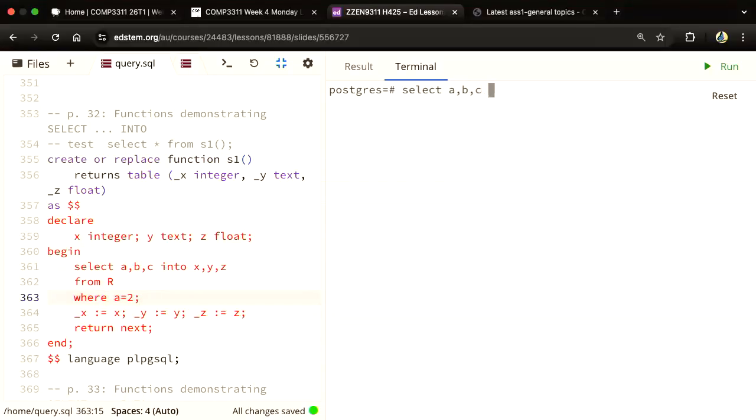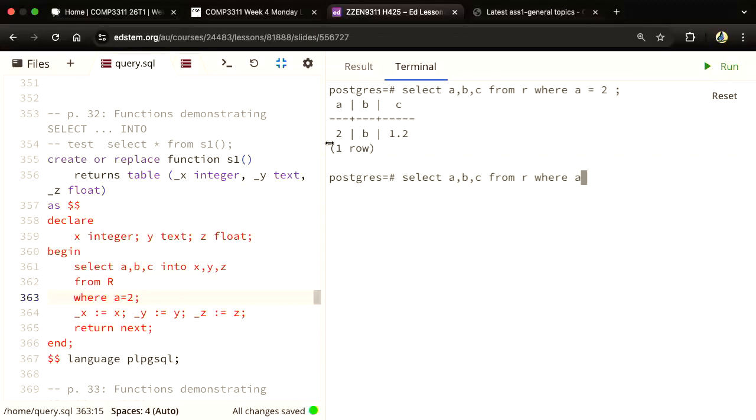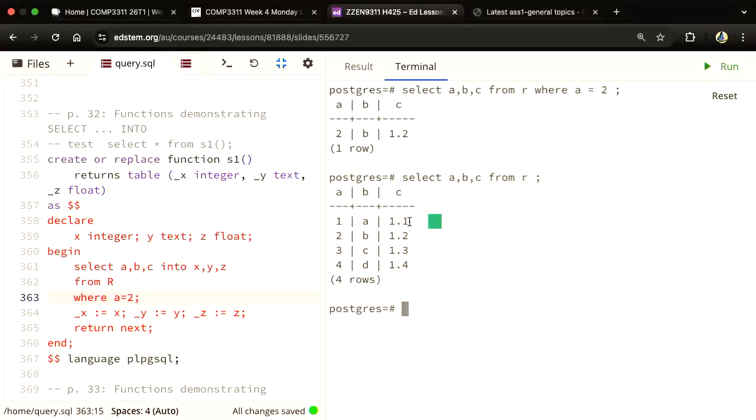It has 1 row, so basically A gets mapped to X, B gets mapped to Y, and then 1.2 gets mapped to Z. And if you have multiple rows like this, it will take the first row and then map that to